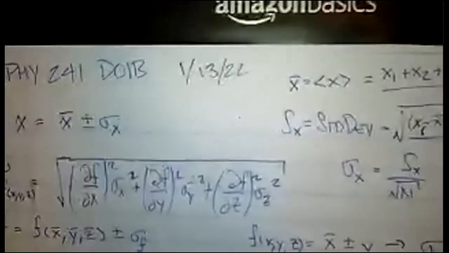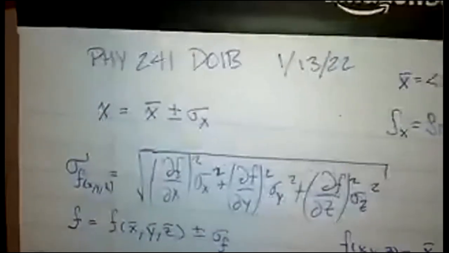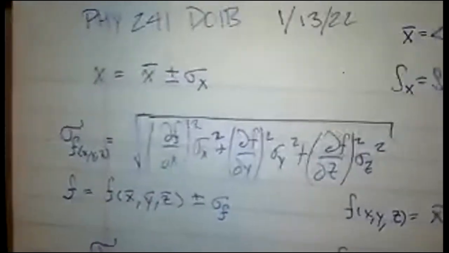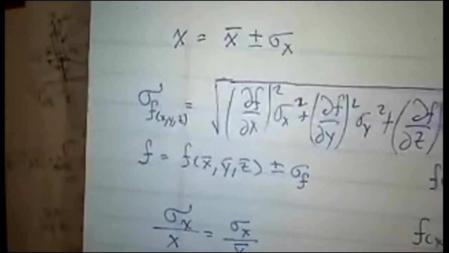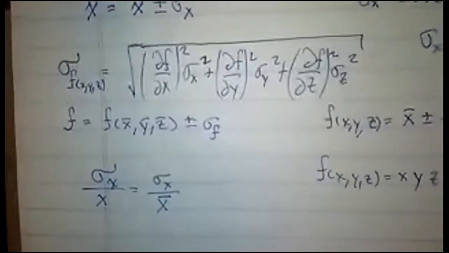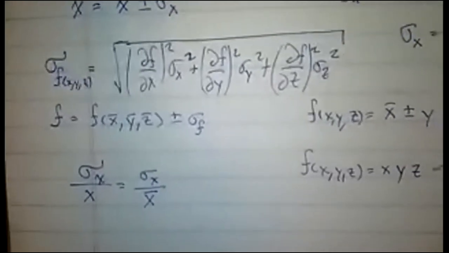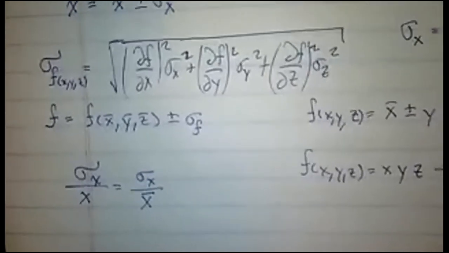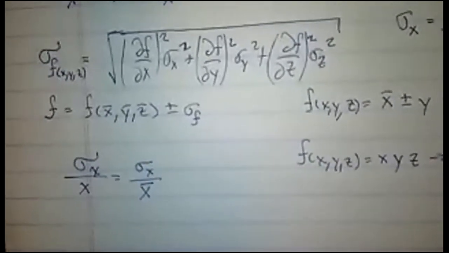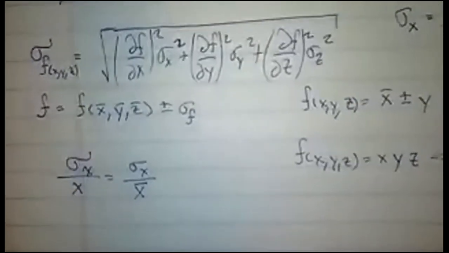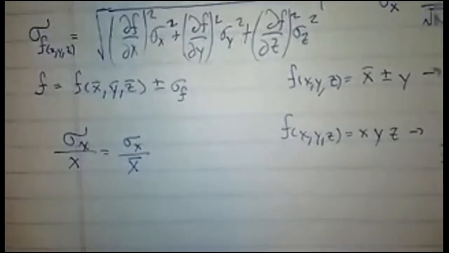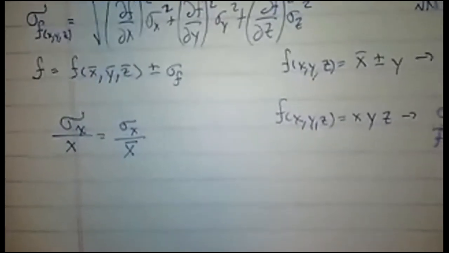If you then take measured quantities within a lab like X, Y, and Z, and you have to use those to calculate some other quantity using a formula F of X, Y, Z, then this is how you find the uncertainty in the F, given the uncertainties in the X, the Y, and the Z. So you take the derivative of F with respect to X, pretending like the Y and Z are constant, you square it, multiply it by the uncertainty in the X squared, you add that to the derivative of F with respect to Y as if the X and Z are constant, you square that, multiply it by the uncertainty in Y squared,